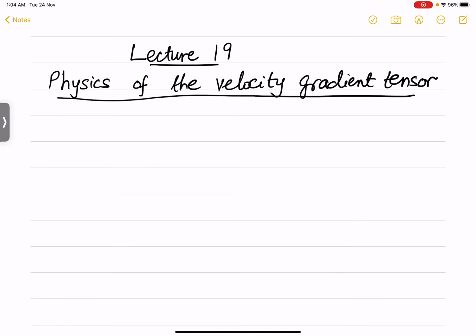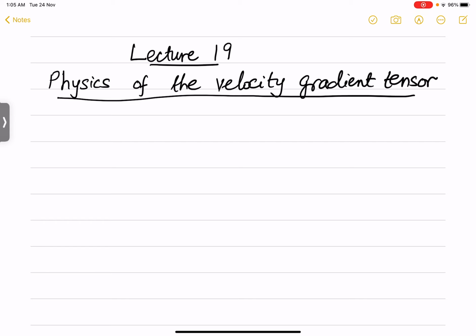Welcome to this class of fluid mechanics, and in today's class we will try to understand the physics of the velocity gradient tensor. Before we talk of the velocity gradient tensor, let me just introduce you to another set of very simple matrix